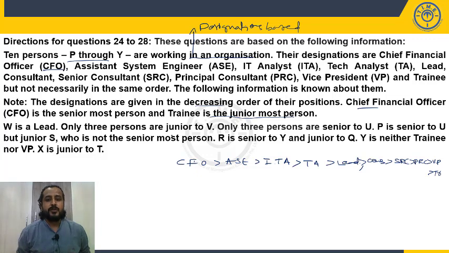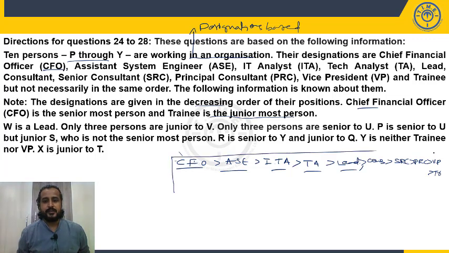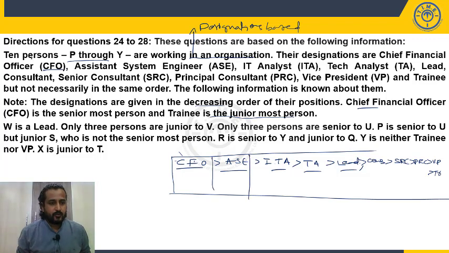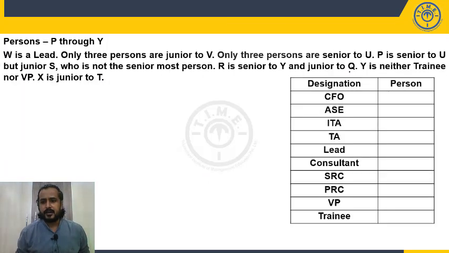Now we need to distribute the persons. We have to distribute the persons here, who is CFO, who is ASC, with the help of the given clues. But the order which we need to freeze is the designations. Fine. Now, I have copied the same clues in the next slide. There we'll discuss. Okay. So here are the designations from